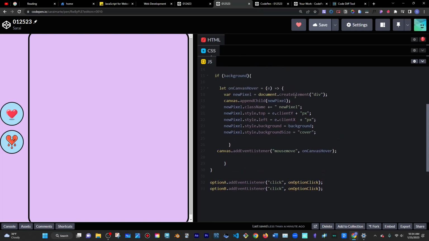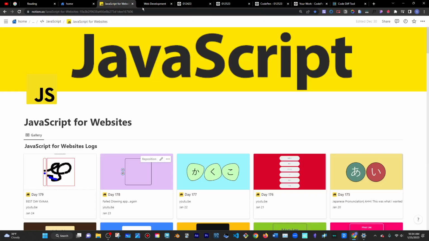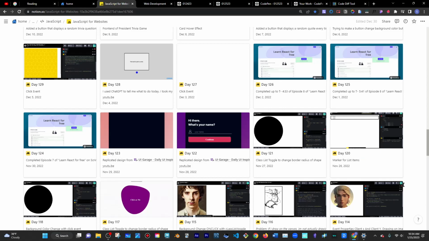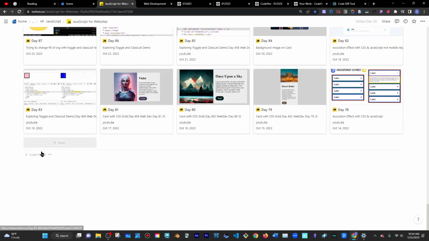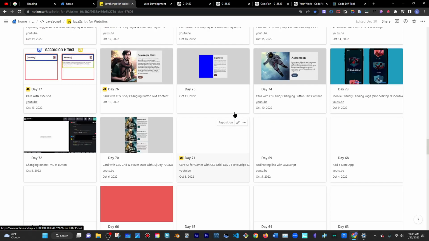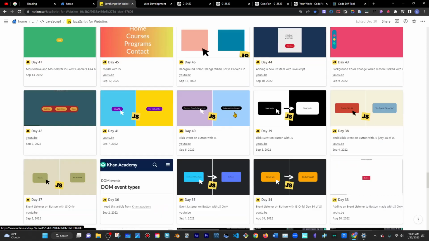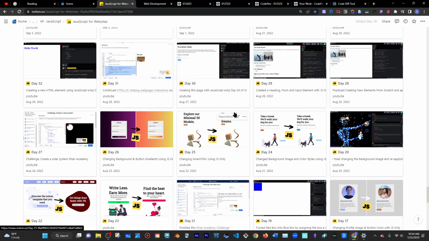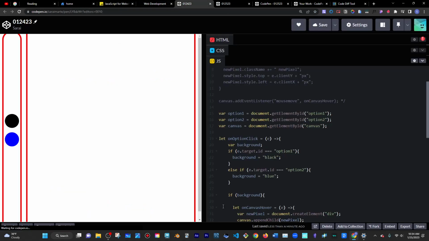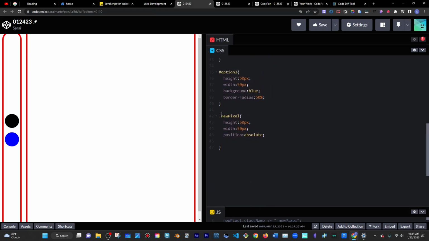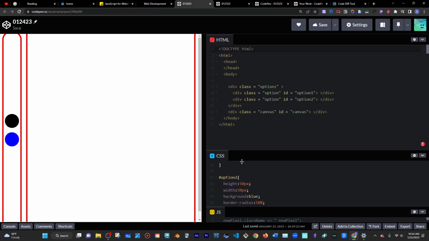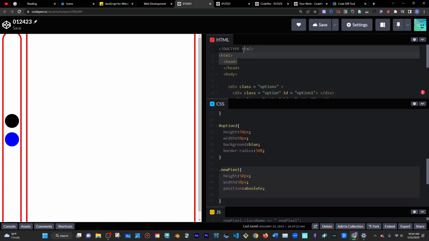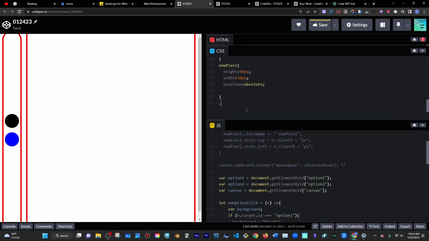Okay, so let me explain, right? I actually stumbled upon this problem in the very early days of JS. Let me scroll down. So what happened was every time I wanted to, I had a class in CSS just like I have over here in this code. Where is it? So new pixel, right? This class is not applied to anything in HTML. I just wrote it so that whatever I create in JS, I can just apply that class. But what happened was every time I set a background,